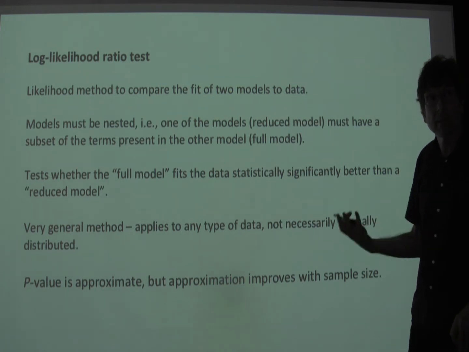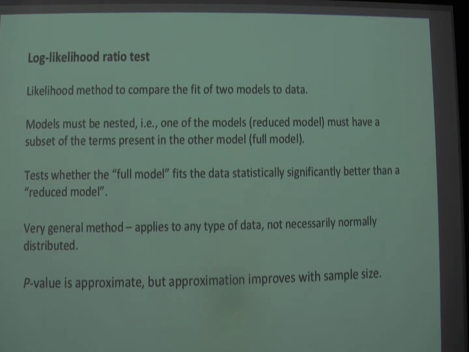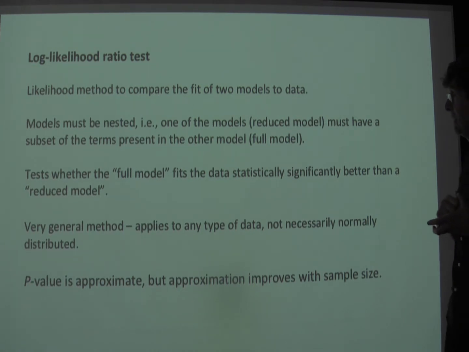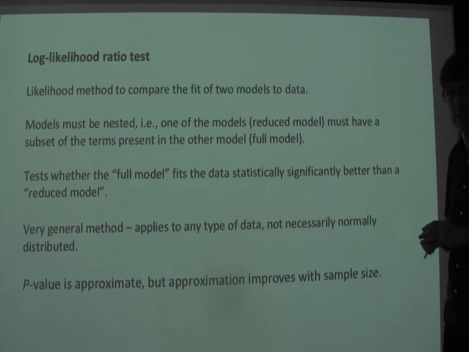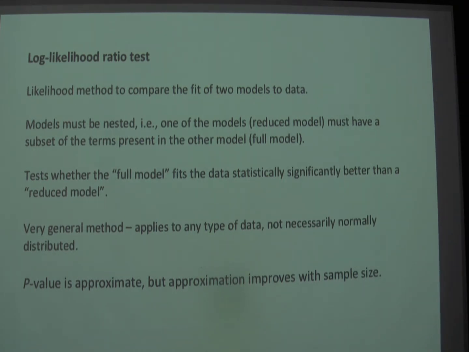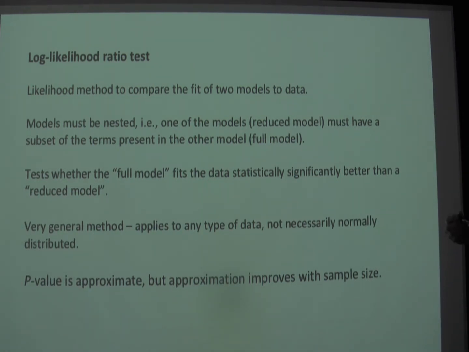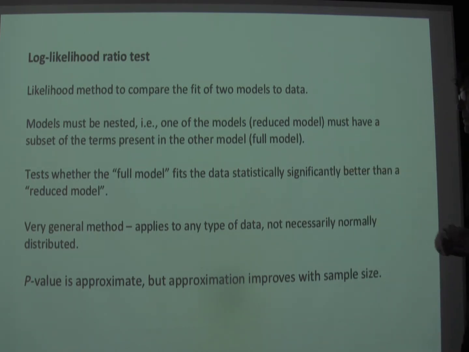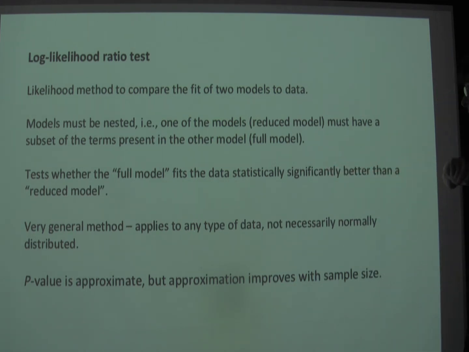In analysis of variance, in linear models, we use the F distribution, which exactly describes the probability distribution of outcomes under the null hypothesis. In the case of likelihood, we don't need to assume normality. We can use it for any probability distribution, such as the two that we use already in this lecture, the binomial and the Weibull. But the claim here is that exactly the same procedure holds, that it's always possible to compare a full model to a reduced model using the log likelihood ratio test.